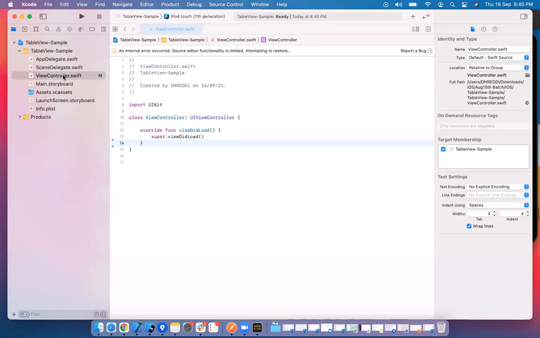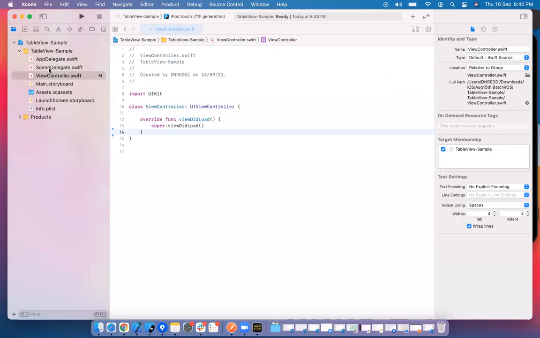Yeah, we have taken a single view application. In today's session, we see the basic auto layout constraints and how to use the UI table view. That UI table view is a collection of table view cells, a collection of rows, we can say. If you want to display a list of items in a row fashion, in a list actually, you can go for UI table view.